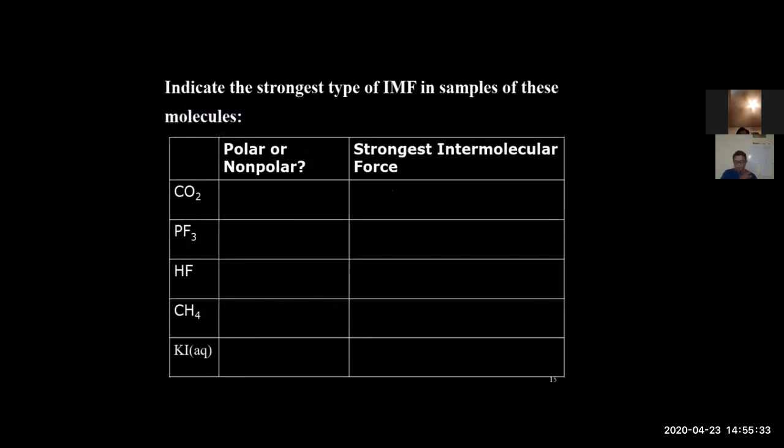Now, we had a table here, and the first column is asking you to determine first, is it polar or non-polar? And then based on that information, determine what is the strongest IMF interaction, okay? This is where, recall that we did our Lewis structures. Our Lewis structures, we were able to determine based on the structure we come up with and the valence electrons, a structure, and then determine whether something was polar or non-polar. If you go back and check your notes,